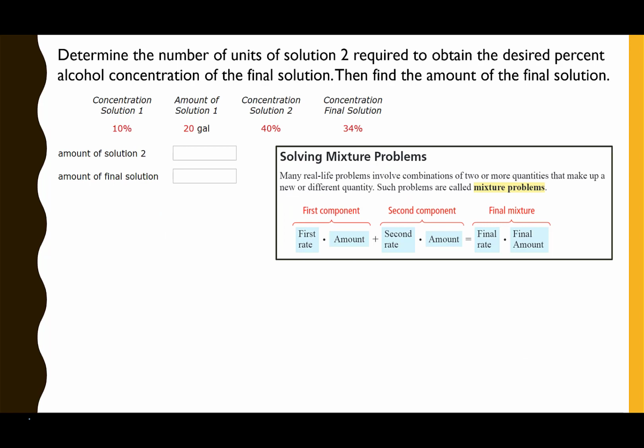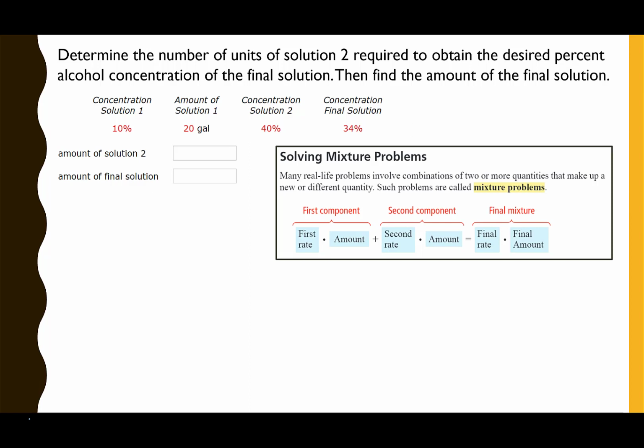Next, let's tackle this mixture problem. It says determine the number of units of solution 2 required to obtain the desired percent alcohol concentration of the final solution. Then find the amount of the final solution. I went ahead and took a screenshot from the textbook just to remind you of the mixture equation that we're